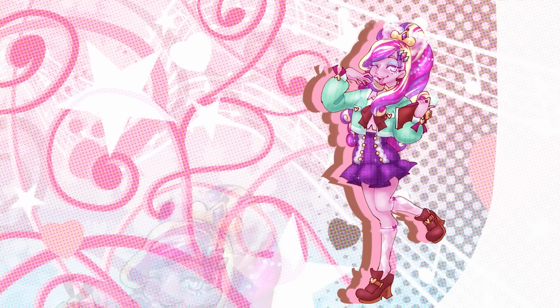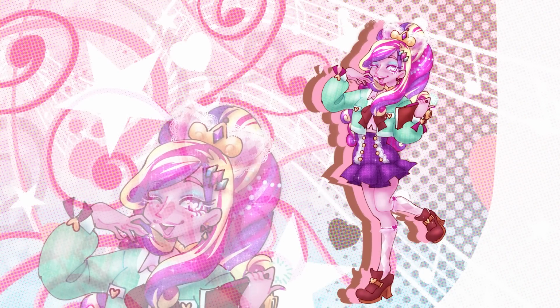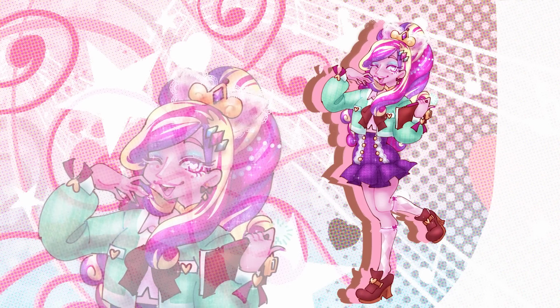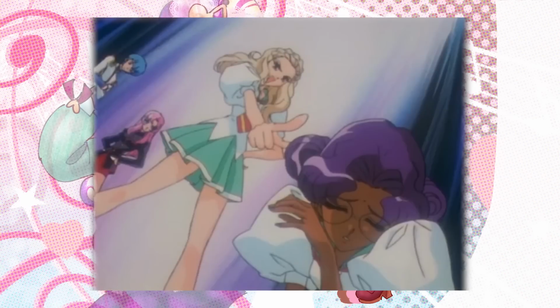And here's the finished piece. I love how Cadance turned out, especially all her glittery makeup and sparkly hair. I also really love her pose, especially how she's hitting such a casual noble woman's laugh. You know the one that goes...